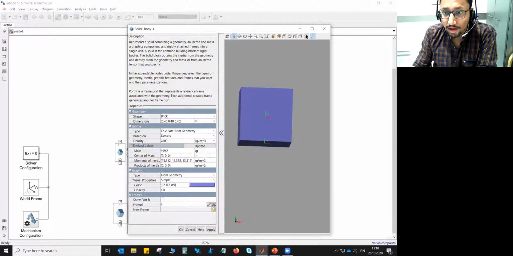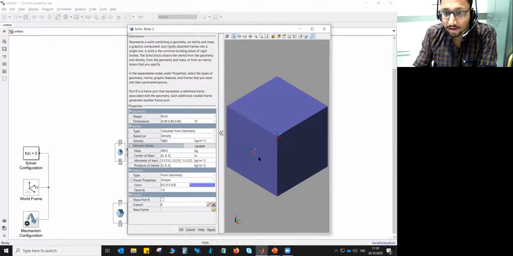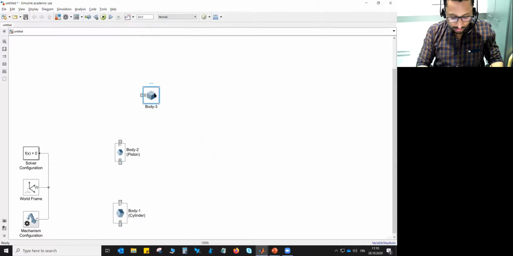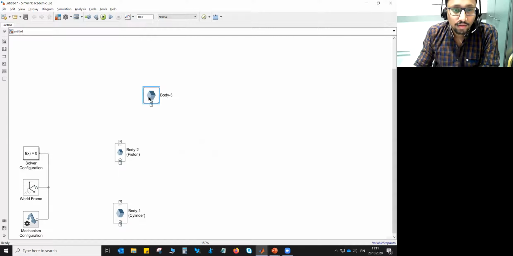If you try to see the isometric view, don't get confused when you see this B frame on this side. You just need to see carefully how this X, Y, and Z is oriented, and then press OK. Let's rotate this. So we have our body 1, 2, and 3 ready.